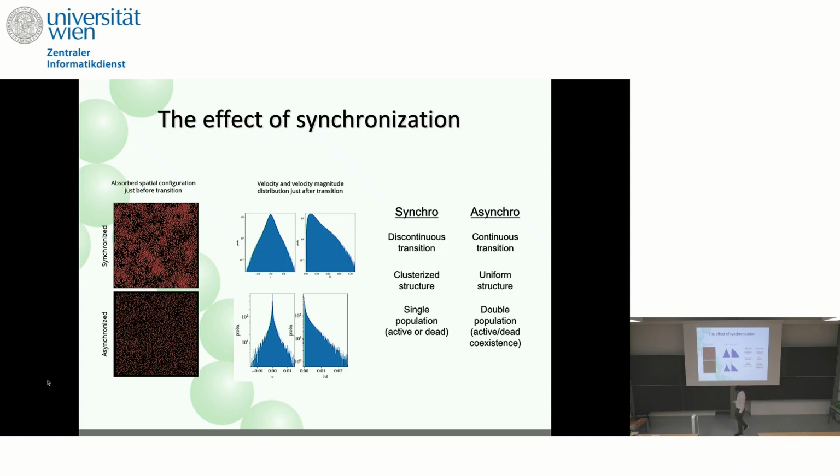My student developed a little hydrodynamical model for this, in which we really show that you have this uniform state. Sorry, what are the two plots? The distributions. This is the velocity, and this is the modulus of the velocity. Okay. You see that in this case you have two populations, and a tail of fast particles, and you really clearly see that. We are in the process of characterizing this, but this is